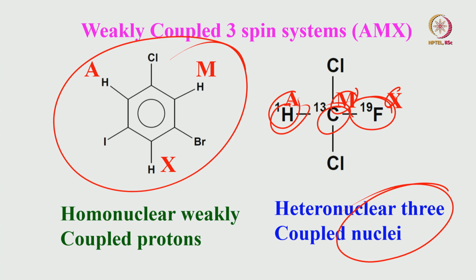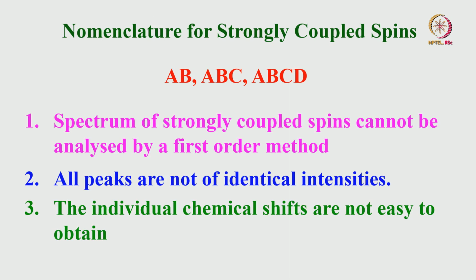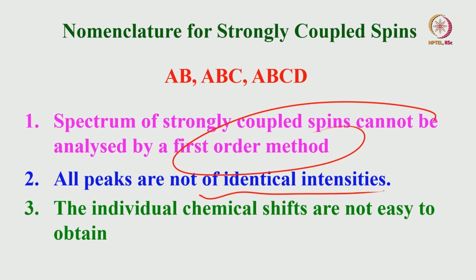That is what we are seeing in both the examples. So, if you go to the nomenclature for a strongly coupled spin system, how do we give the nomenclature? We say AB, ABC, ABCD, etc. And the spectrum of strongly coupled spins cannot be analyzed by first order methods, I told you. Already I showed you the peaks are not of identical intensity, there will be different intensity. And chemical shifts cannot be obtained easily, individual chemical shifts you do not get, you can only get the difference